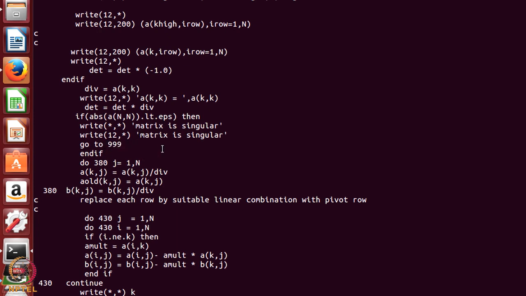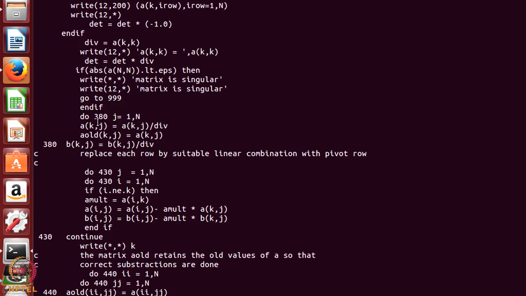If it is not 0, then I shall do these operations. I am going to divide akj, all the elements of the kth row, by div. Okay. So, naturally the diagonal value will be 1 and all the rest will be divided by div. So, all the akj's will be divided by div and this completes the loop, and all the bkj's will also be divided by div. Okay. So, what does it do? It normalizes the diagonal value.